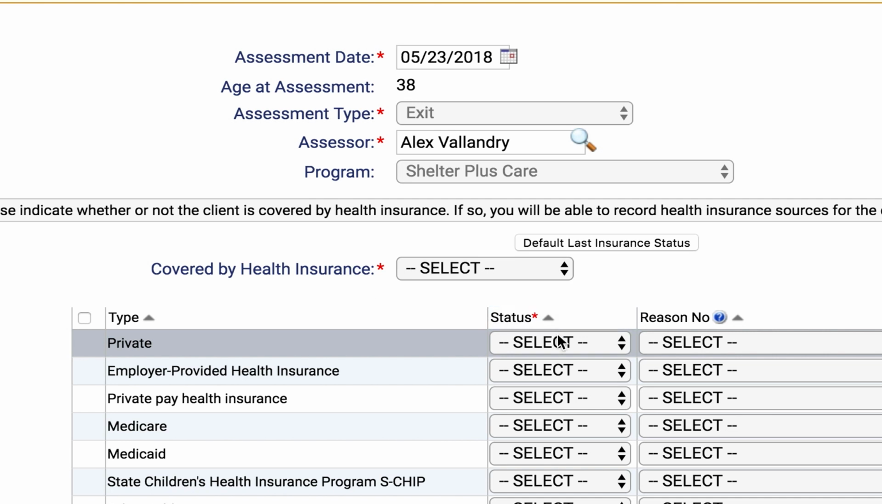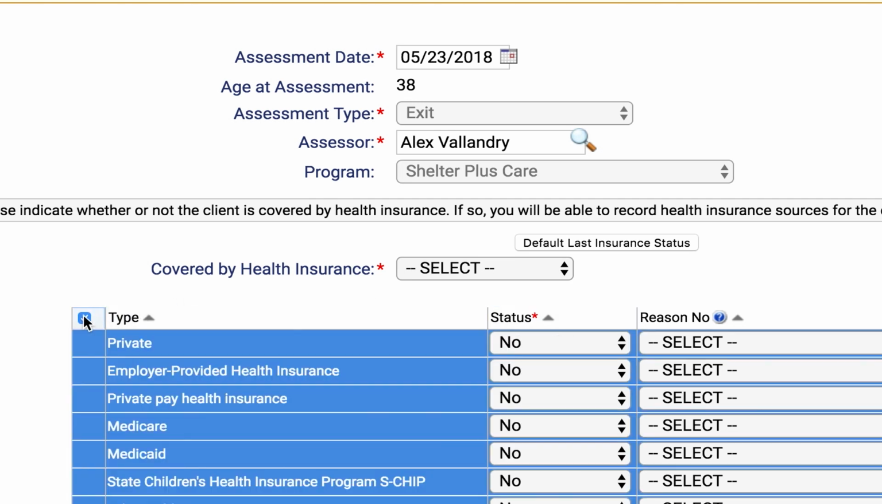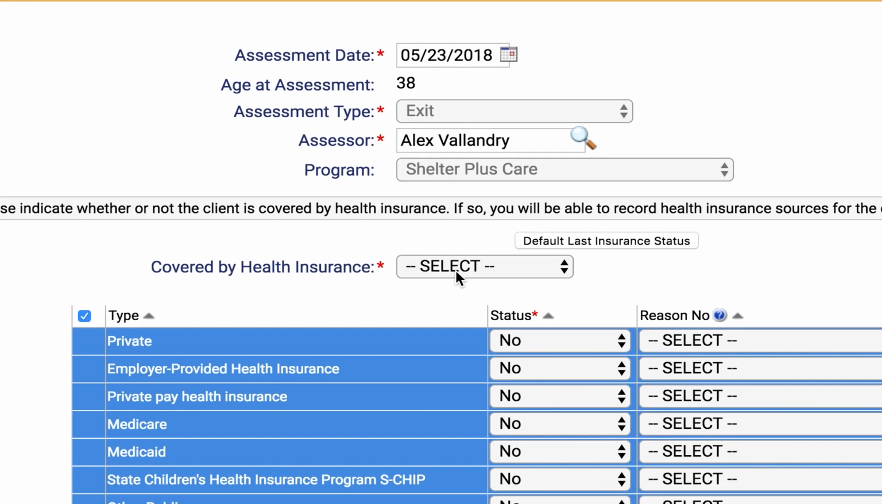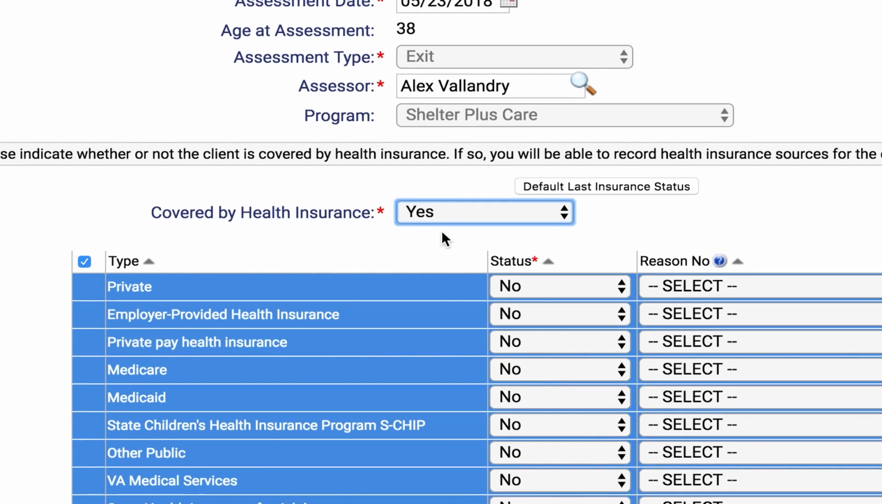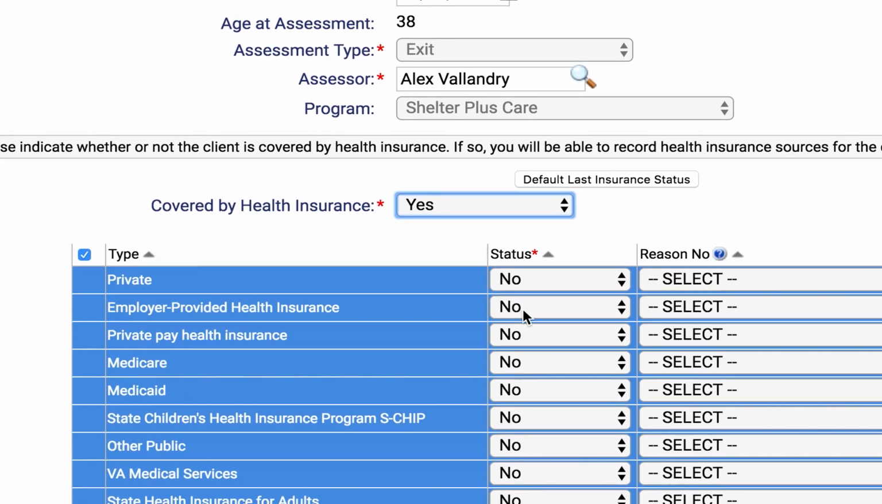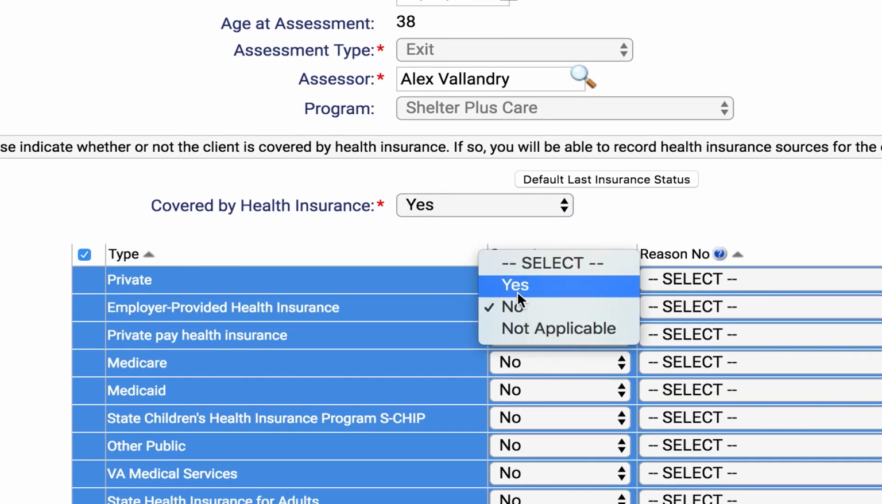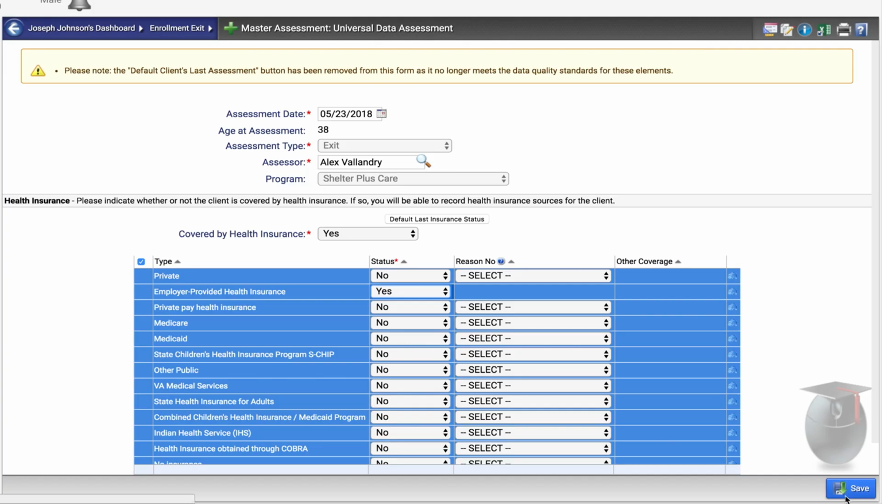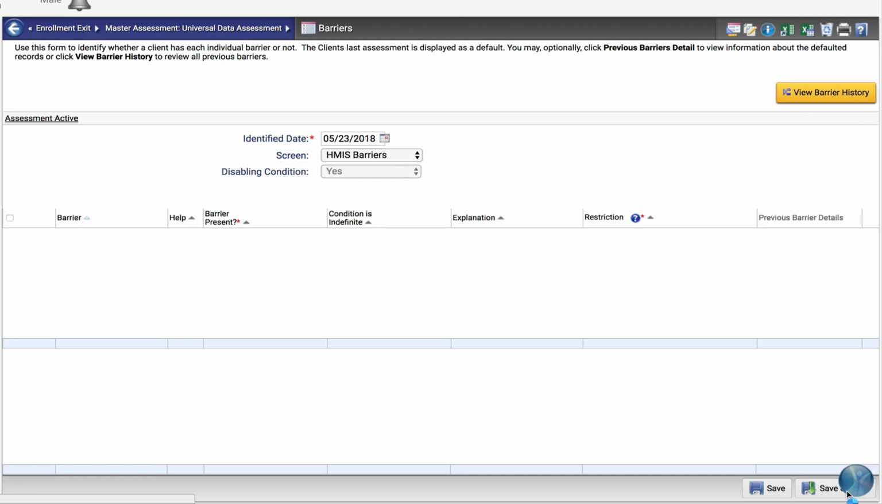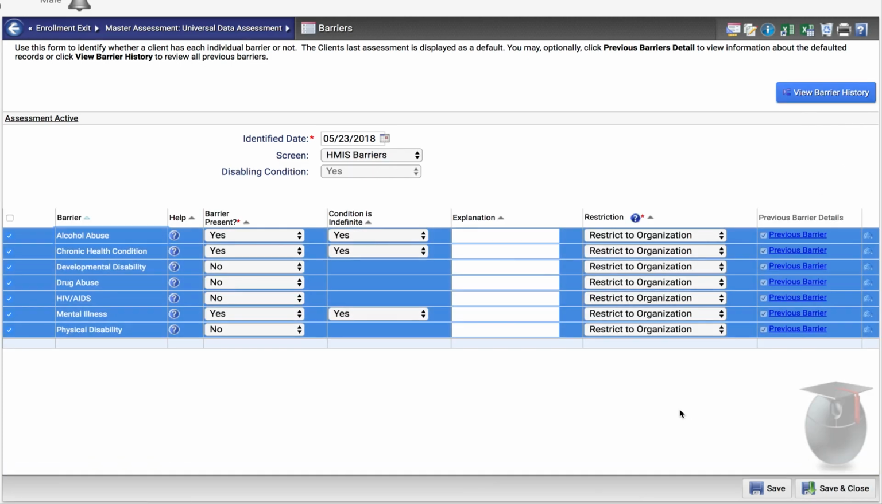Here we will set all the options to No by clicking the checkbox. Then we will indicate that yes, the client has health insurance and that it is an employer-provided health insurance type. The rest of these are no, as the client has no other type of health insurance. We will click Save to proceed forward, and this will bring up on the barrier screen all the barriers that